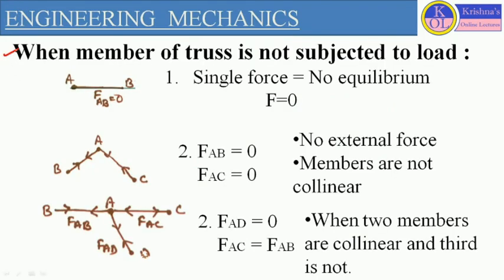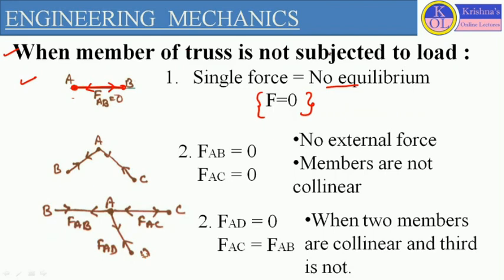Now here I'm going to discuss a few conditions which are related to method of sections as well as method of joint. First condition: let us consider member AB, and this member is not at all subjected to any external load. If we want to define the actual load which is acting on this particular member, any member which is not subjected to any external load will not be in equilibrium, and the actual load acting over that member will be 0. Here, if no external load.